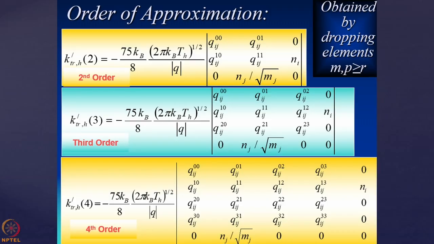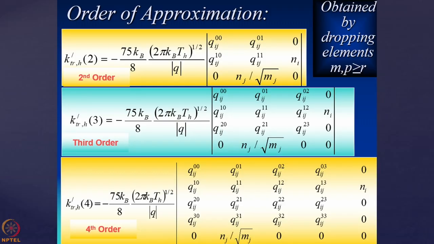So just looking at the form, I hope that you are able to understand that if you want to increase the order of approximation, how to change the determinants. You understand over here. So this is the determinant upper one, and you see that how the rows are changing, columns are changing when you are increasing the order of approximation. And these elements, their exact relationship with the collision integrals, they are available in literature. So now you know that how to increase the order of approximation.